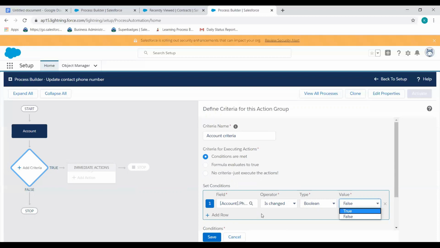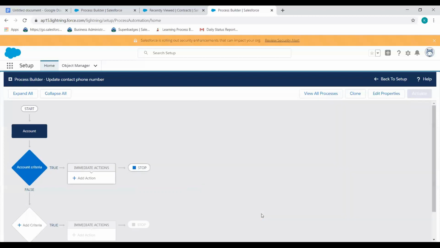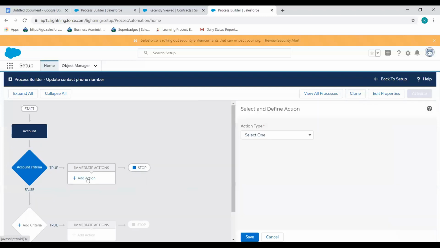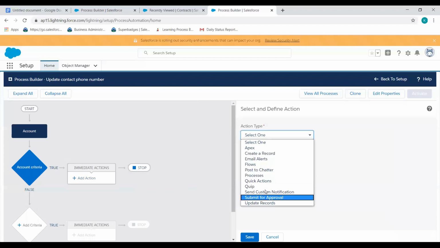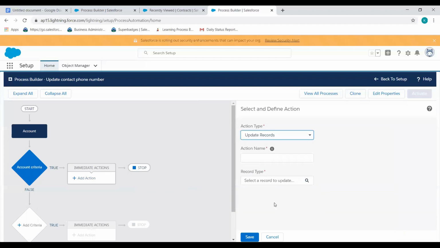When any phone number changes, this is our criteria. Then we add some action, like update a record. Then we update the contact record.